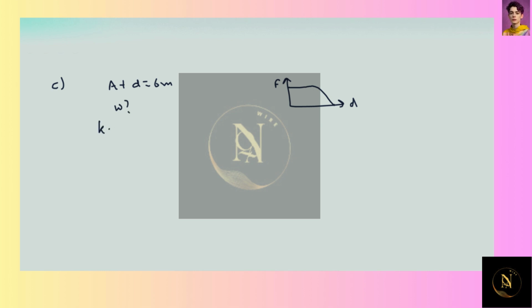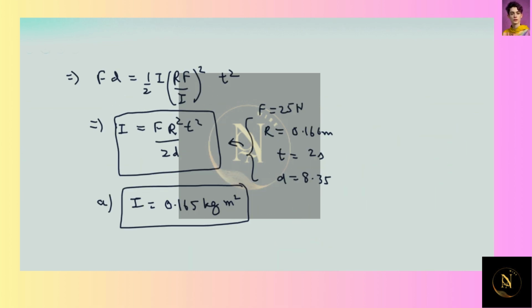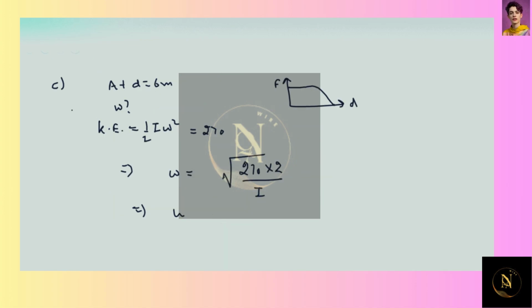So kinetic energy equals half I omega square, which equals 270 joule. So omega equals root of 270 times 2 over I. Now putting the value of I as 0.165, this comes out to be